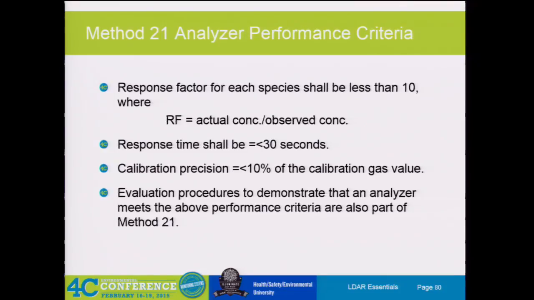But, so the response factors for each species shall be less than 10. The response time shall be less than 30 seconds, and the calibration precision shall be equal to or less than 10% of the cal gas value. So with all these, you've got to remember this was all built off of the OVA 108. And back then, like I said, it was on a logarithmic scale, so you couldn't do it. It wasn't digital. Now most folks have put into place of saying, okay, I will live with the plus or minus 10%,